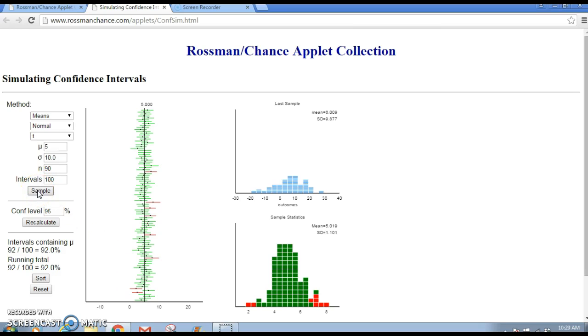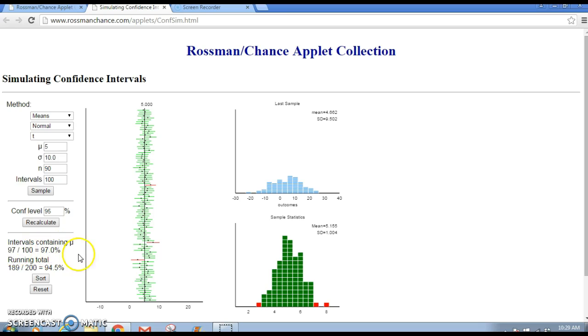You could resample and take another 100 samples, and this applet will give you the count of how many out of those 100 were successful in capturing the 5. In this case, it was 97%, and then it also keeps the running total, which is 94.5%. So 189 out of the 200 were successful in capturing the true population mean. And you could keep drawing